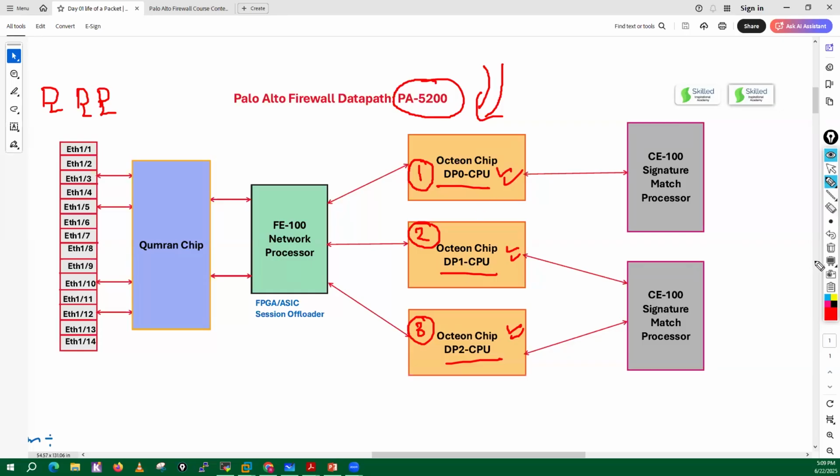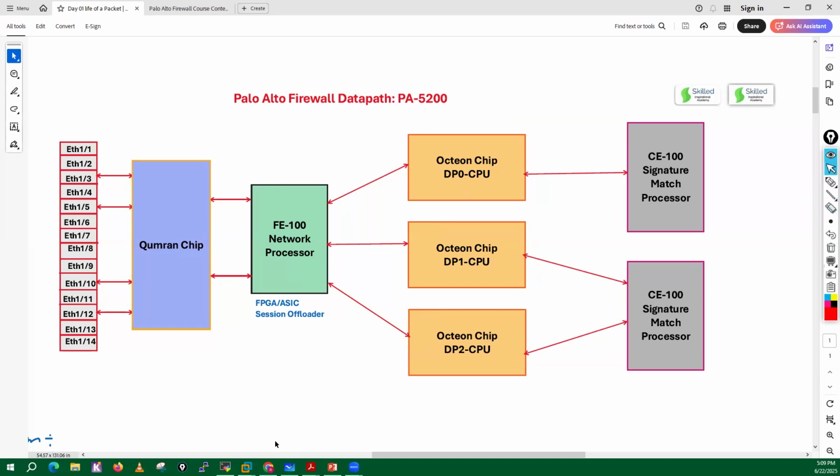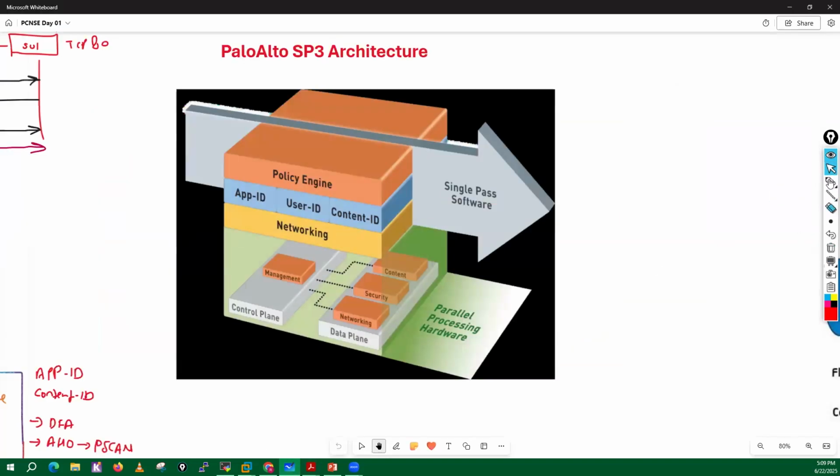And in your high-end boxes, see in this diagram, this is just a general diagram. Here they have just mentioned security processor, but in actual, this is known as the Octeon chip. And in high-end boxes, we have 3 processors here. This security processor and network processor can understand your layer 2 information, layer 3 information and layer 4 information, meaning they can read your layer 2 header, layer 3 header, which is your IPv4, IPv6, your GRE header, right?